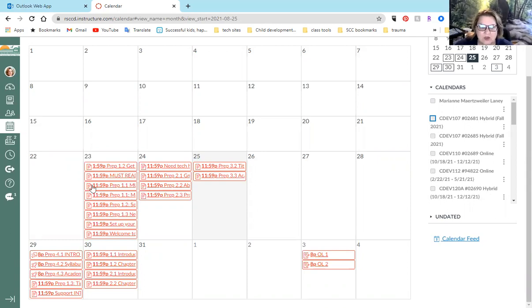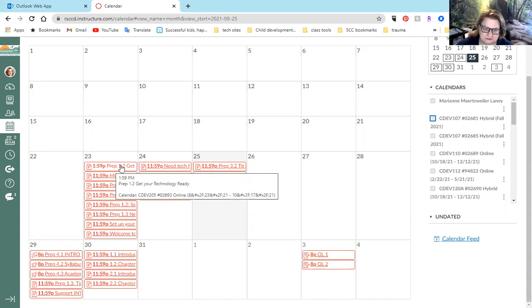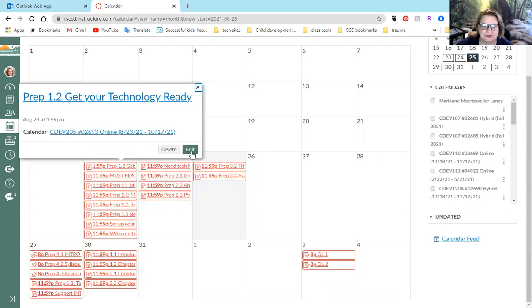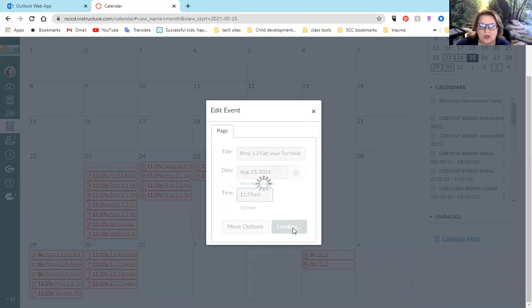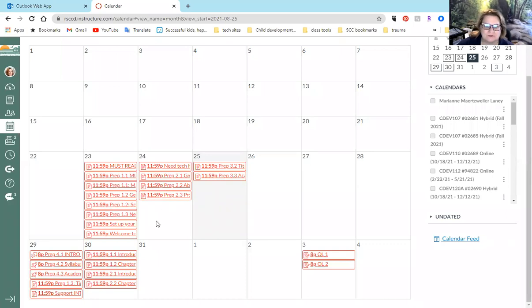This tells us what we have going on here. This week is grayed out a little bit because that's where we're at. If you see an 11:59, like on this one that says 1:59, the 11:59 is just a reminder to read this. It's not really a due date. It's going to be on your to-do list as a reminder: hey, read this. I'm going to edit this right now in front of you and put 11:59, although most of you have passed it. Once you've clicked on it, it says you've read it, even if you didn't read every word. So this 11:59 is just a hint: hey, read this.